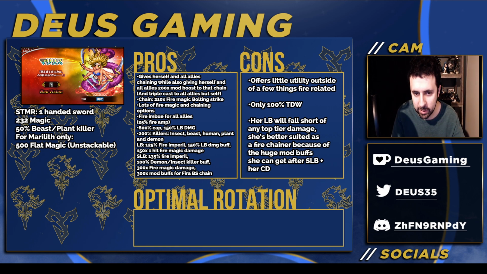Lots of fire magic and chaining options, of course. Fire imbue for all allies, 25% amp, decent. 600% cap, 150% limit burst damage, okay. 200% killers for insect, beast, human, plant, and demon. And the LB is 125% fire and peril, 50% limit burst damage, 150 times one hit magic damage. Just not very good. Obviously you're not going to really be using this, but the SLB is a little bit better. 135% fire and peril, 100% demon and insect killer buff,